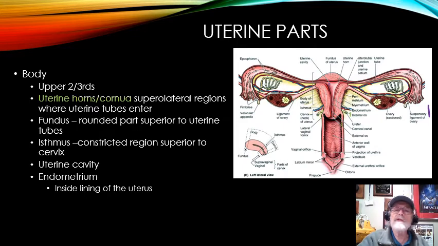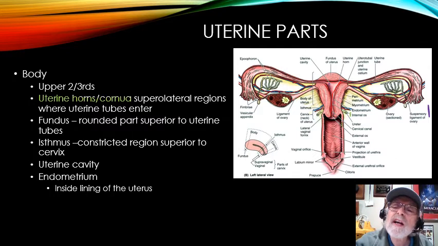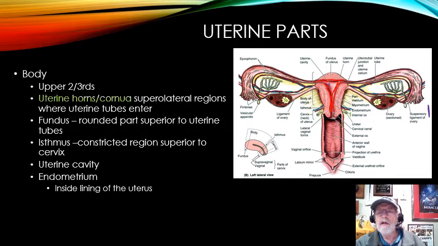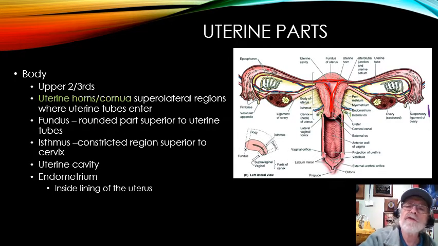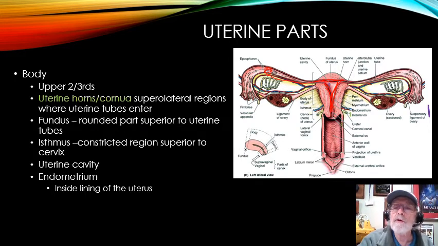Okay, so we see the uterine cavity. We also see the endometrium. The endometrium is just this lining on the inside. Usually it's relatively thin, but each month, under the influence of the hormone estrogen, the endometrium gets thicker, so that if there is a fertilization out here in the fallopian tube, the fertilized ovum comes down the fallopian tube and has a nice place to land and sit.